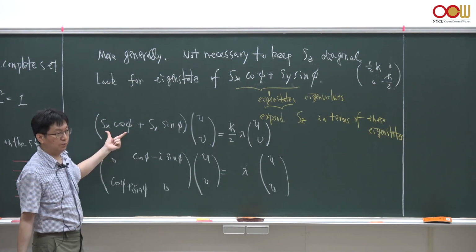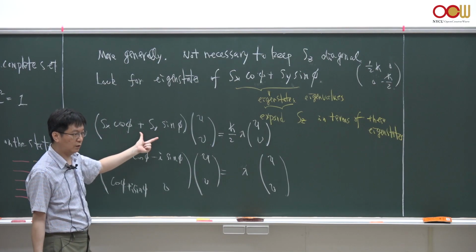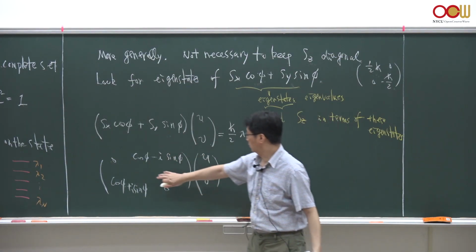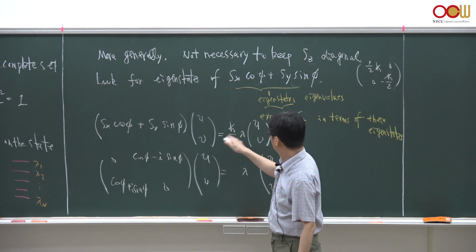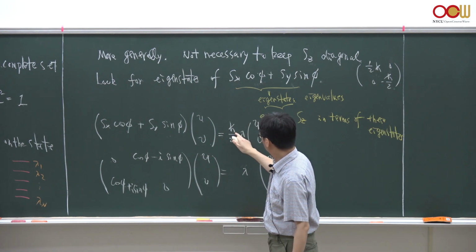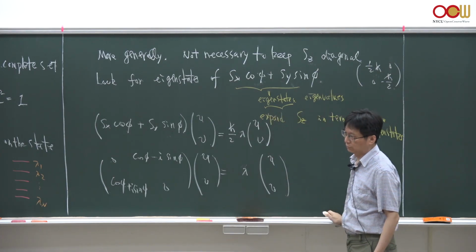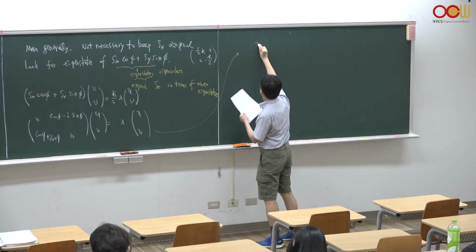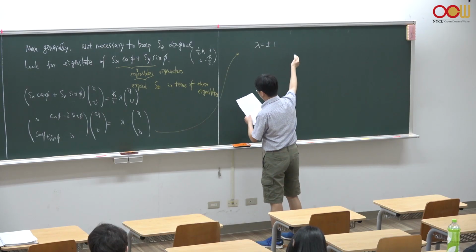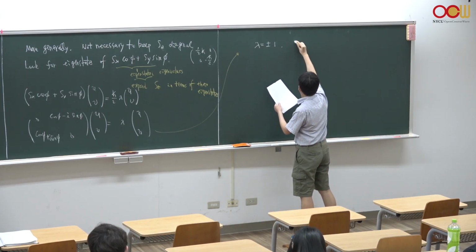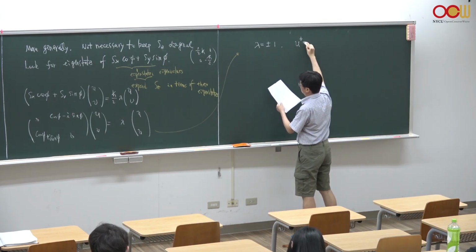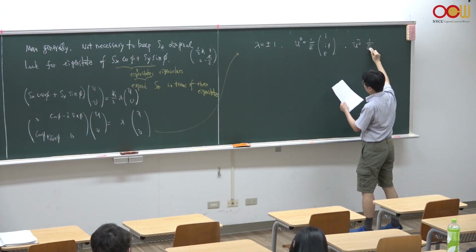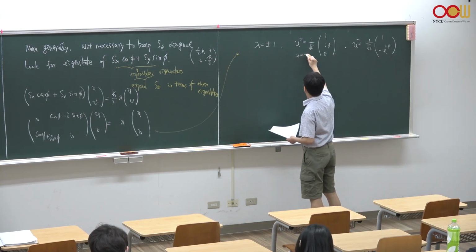So you simply plug in the definitions of the Sx and Sy operators that we defined earlier, and you get these 2x2 matrices. Then you cancel the 1/2 h bar on both sides of the equation, and you get this eigenvalue equation. This is really easy to solve. You get lambda equal to plus or minus 1, and then you get eigenvectors: for plus you get this, for minus you get this. This is for lambda equal to plus 1, and this is for